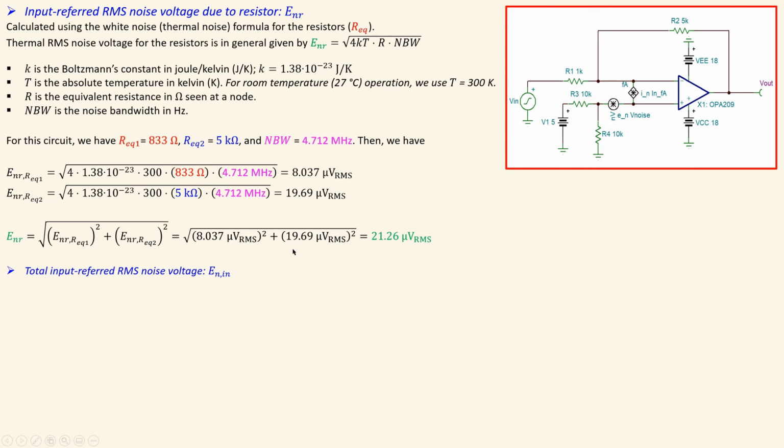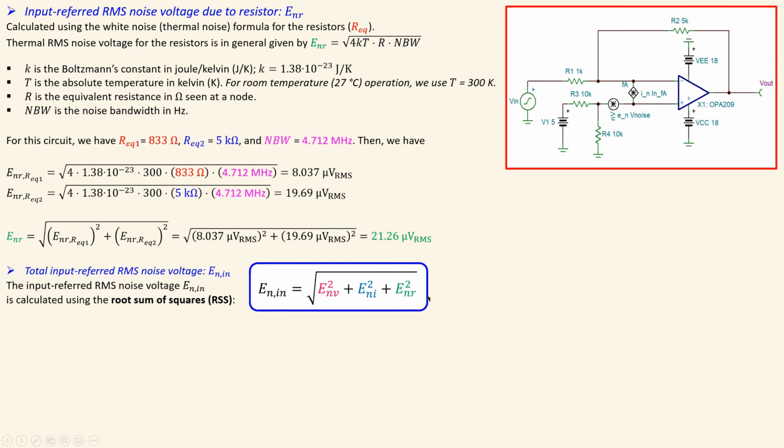So we have the necessary elements now for each part: the resistors, the input noise current source of the op-amp, and also the input noise voltage source of the op-amp. Now we can combine them to get the total input referred noise voltage in RMS. So the input referred RMS noise voltage of this circuit, again using root sum of squares, will be, of course, using this formula calculated, and then we have already calculated the input referred RMS noise voltage due to the